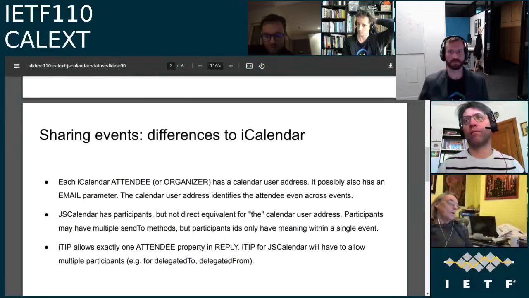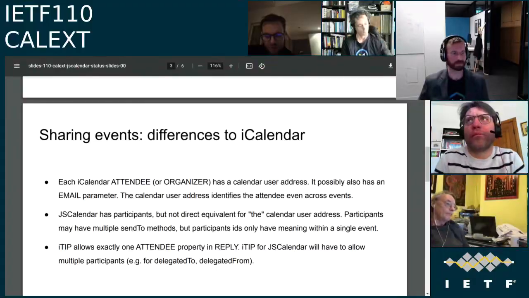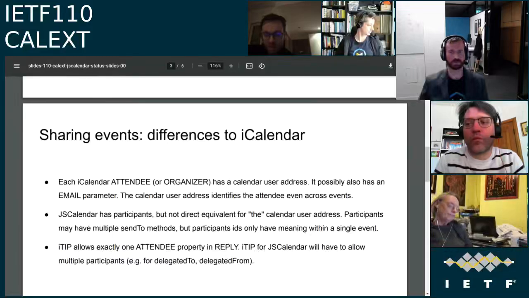So Neil, can you repeat what you think the mapping should be so I can capture it for the minutes? Yes. So you're always mapping the calendar address value to the send to property, and if it's a mail to URI, then we're presuming that's IMIP, and so that maps to the IMIP. And if it's just a random other URI, then it maps just to other as the type in the send to, because there is no way to route to that. It's essentially an opaque token.